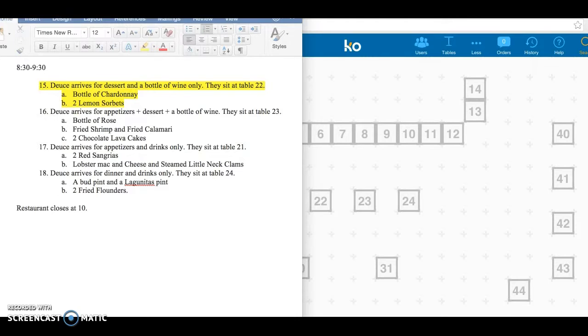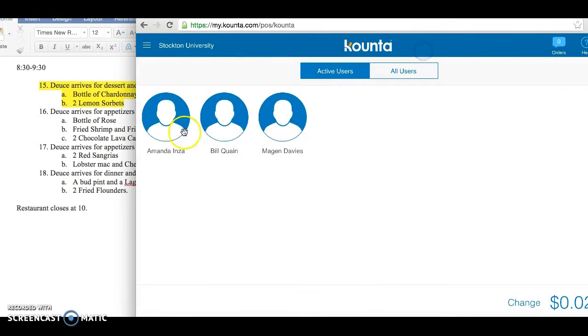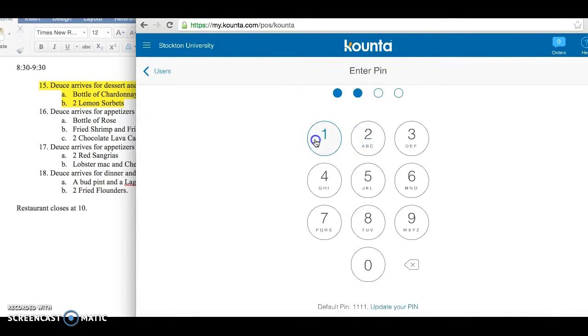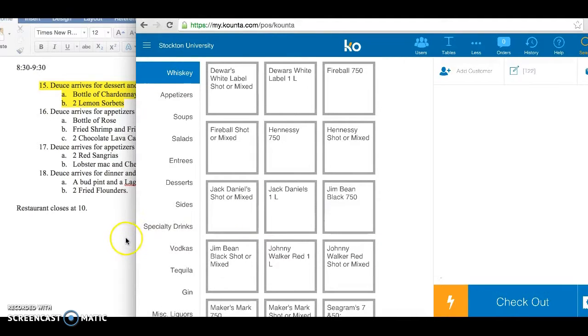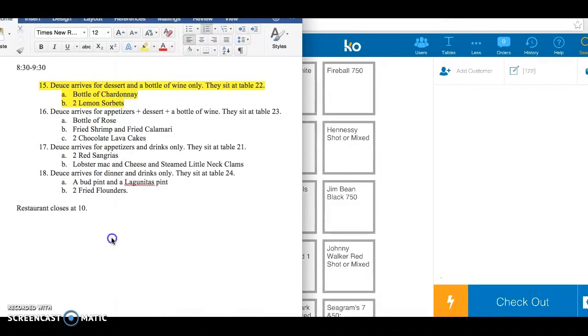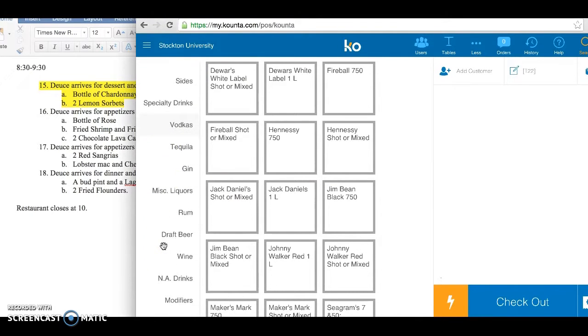They sit at table 22. This is Megan's section, so we go to users, Megan, put in her PIN, and then click on table 22. They order a bottle of Chardonnay and 2 lemon sorbets. So we go to bottle of wine,